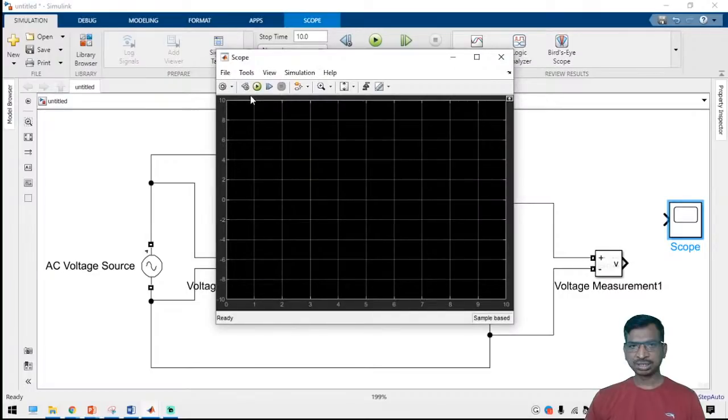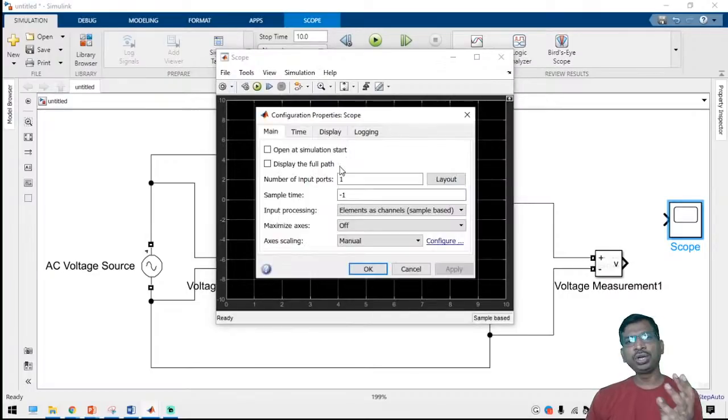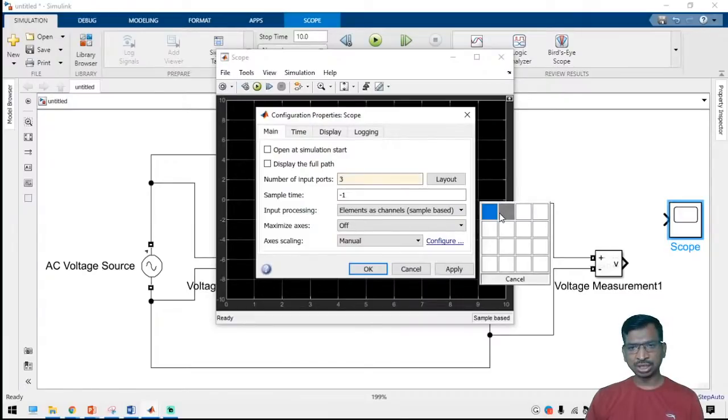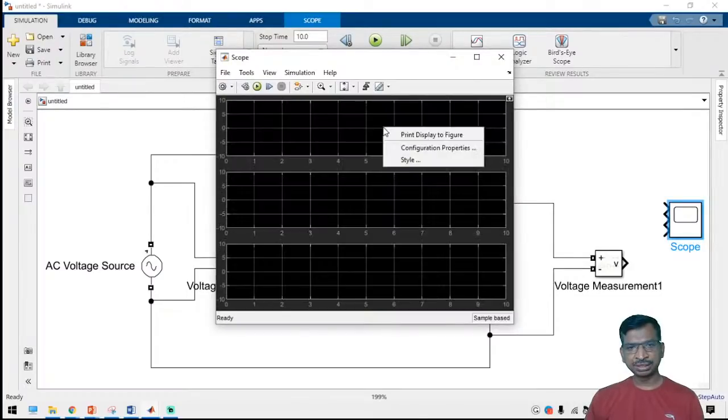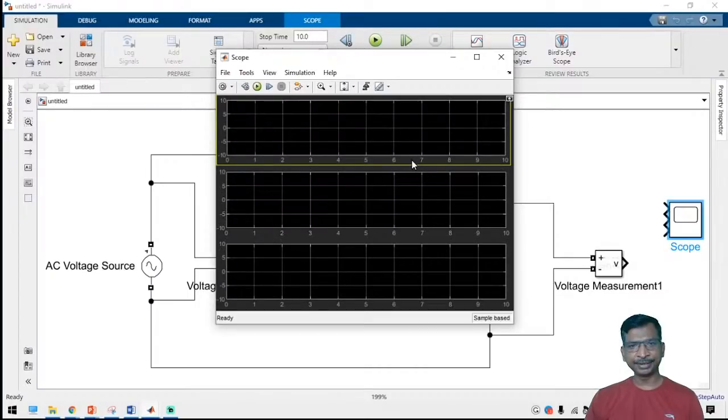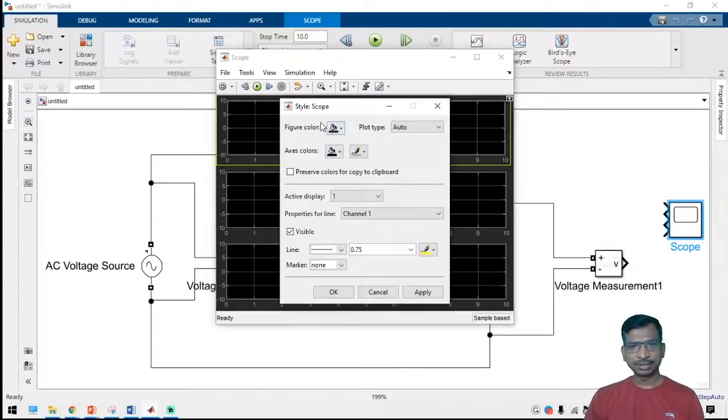I'm going to measure three values: input voltage, output voltage, and then output current. So I need three scopes. I'm going to select the layout also, and now I can get three scopes. Similarly, I'm changing the scope style; change it as per your wish.